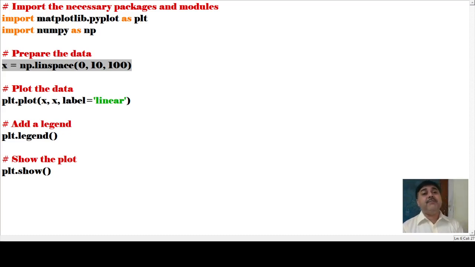Numpy has been called here as np. Then we have a line spacing, from 0 to 10 with 100 points. So there is a plotting variation or plotting size that has been done: we are taking the value of x, and x has been repeated twice. With x repeated twice, the labeling has been done and the legend is also created.